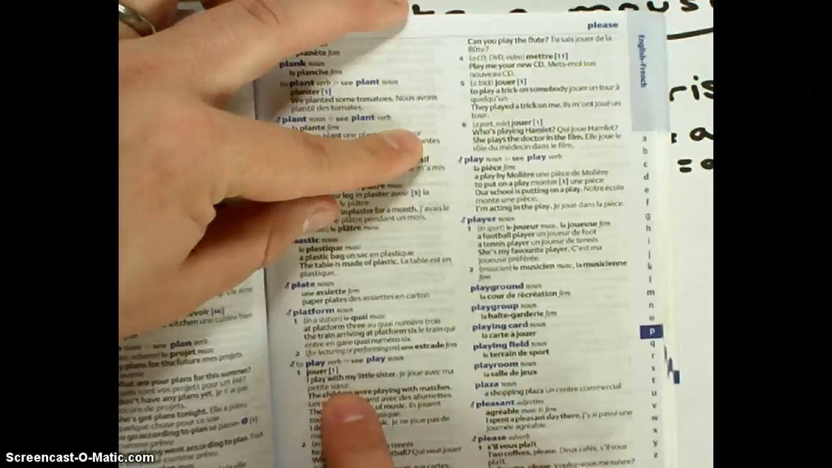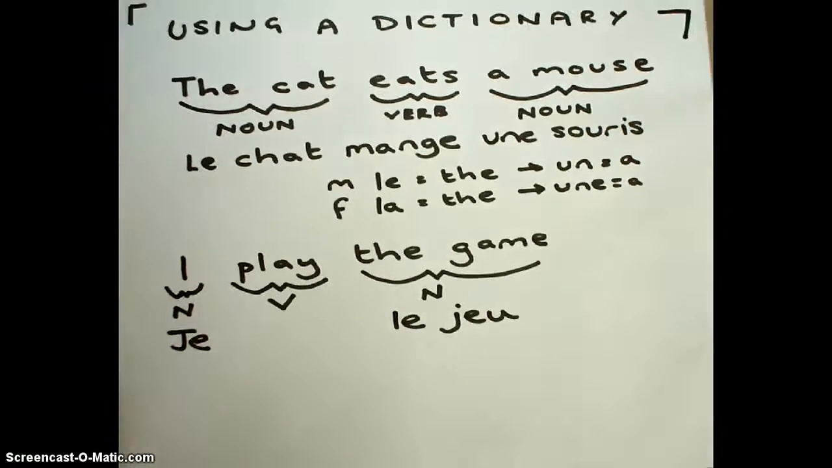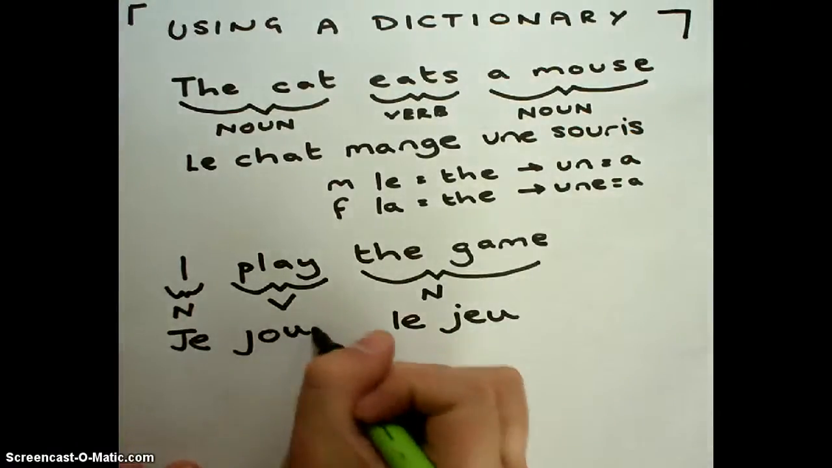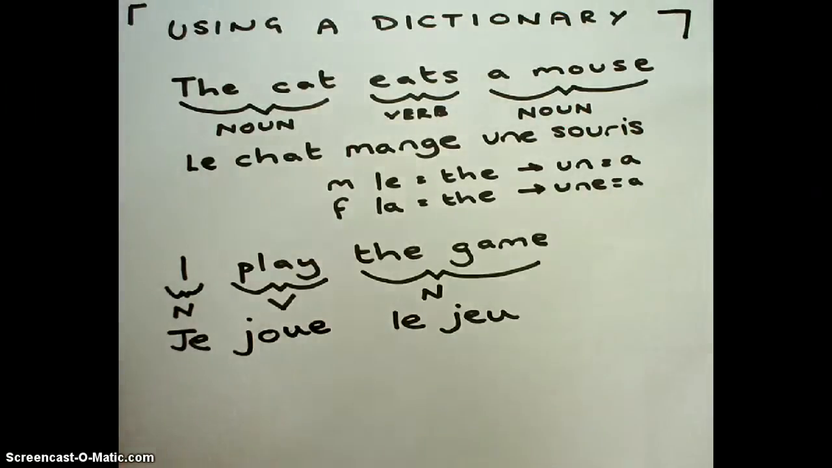Jouer. I play with my little sister. Je joue avec ma petite sœur. That seems to make sense to me, and it's even done it for me already. Je joue. I play. So I'm trying to make my sentence here. We're just going to write it in exactly as we found in the dictionary. Je joue le jeu. And that is how to start writing some simple sentences in